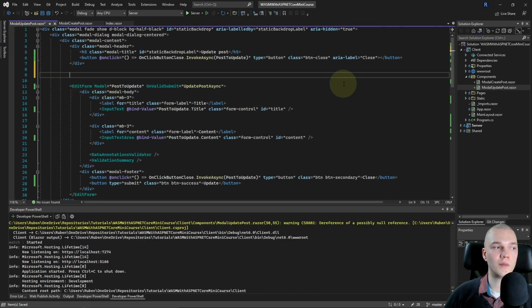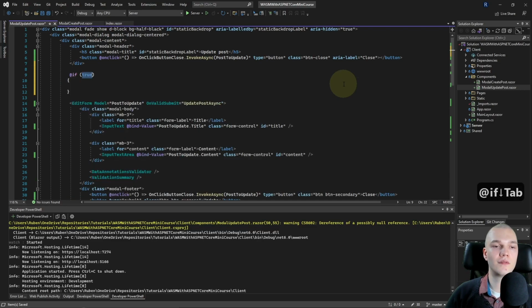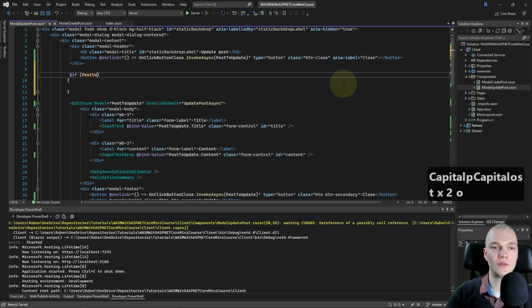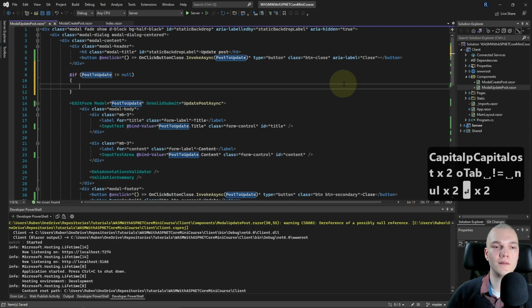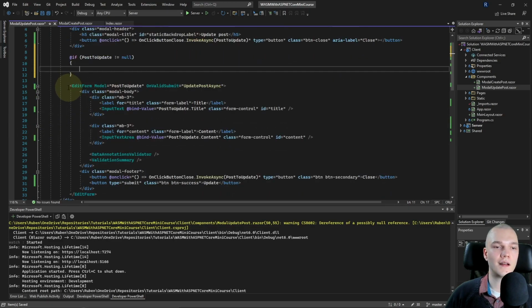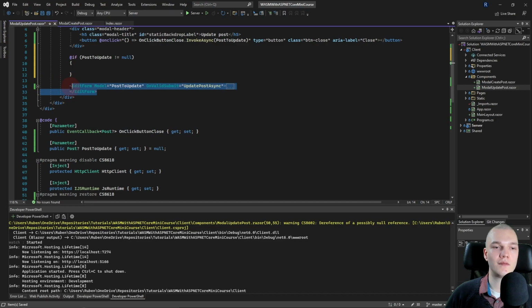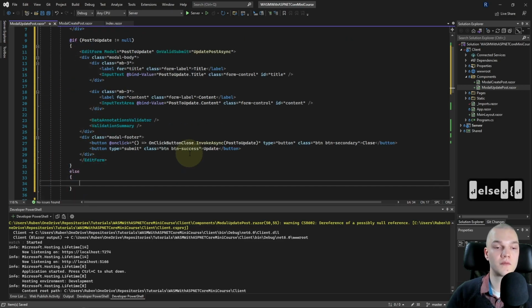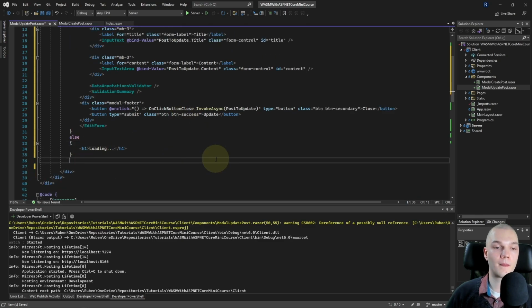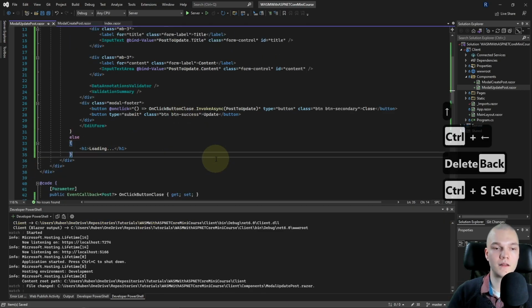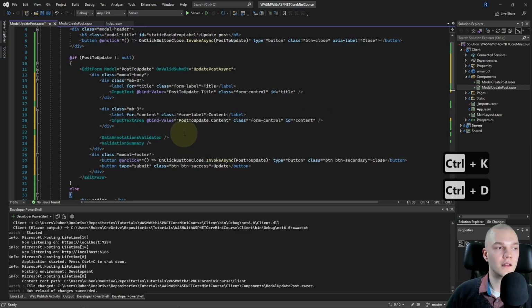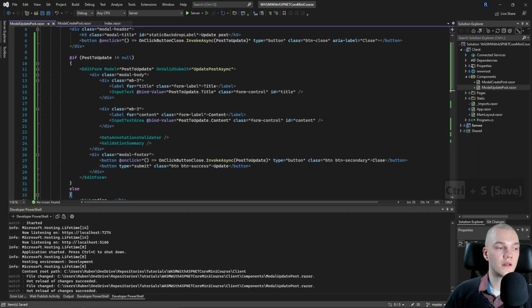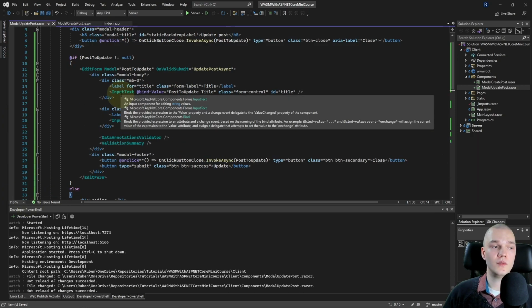Above the edit form here I'll add an if and check if the post to update isn't null. Then I'll cut and paste the edit form in there. And then for the else, I'll just render out an H1 with the text loading. Alright, okay. There we go. So this component is ready for use.